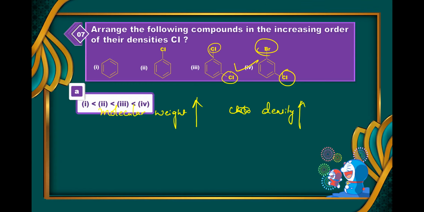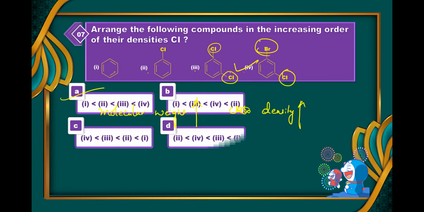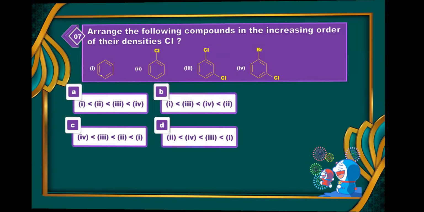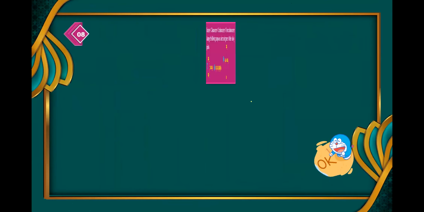More is the molecular weight. And see here, option 4 is more weight, correct. And see here, comparison is given 4, then 3, then 2, and then 1. Yes, option 1 is the correct answer now, because bromine is more weight, right? Here bromine plus Cr is present. That's why 4, 3, 2, 1 is the correct answer.